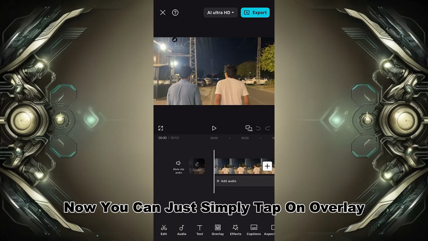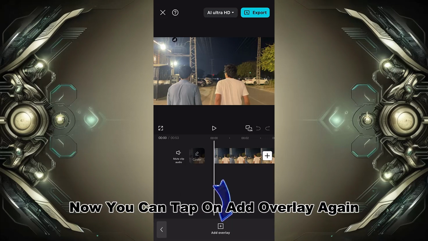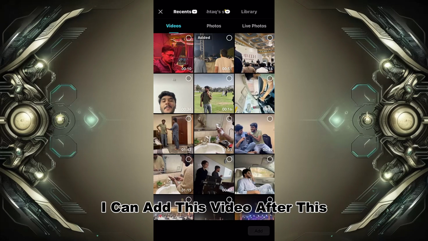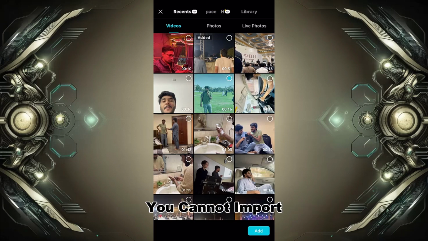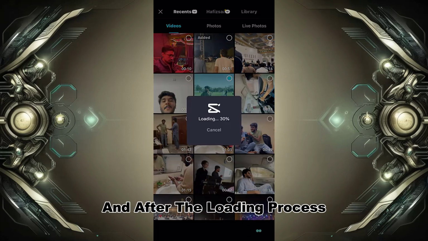Now you can simply tap on Overlay at the bottom middle of the screen. Now you can tap on Add Overlay again. And here you can simply add a video. I can add this video. After this, you can now tap on Add at the bottom right corner of the screen, and after the loading